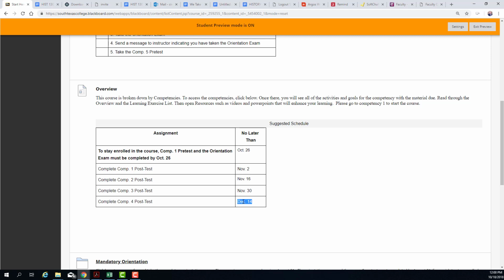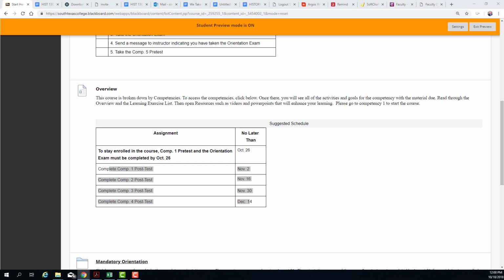Those students who are requesting an incomplete, no matter what the reason they're giving, definitely will not be given an incomplete. So don't take anything to chance. If at all possible, stick to the schedule that's posted here, and if possible, you can work ahead. Everything's open to take right now, so please do.